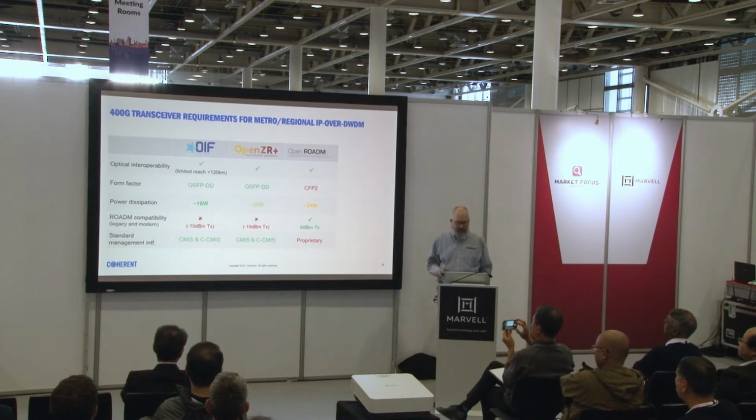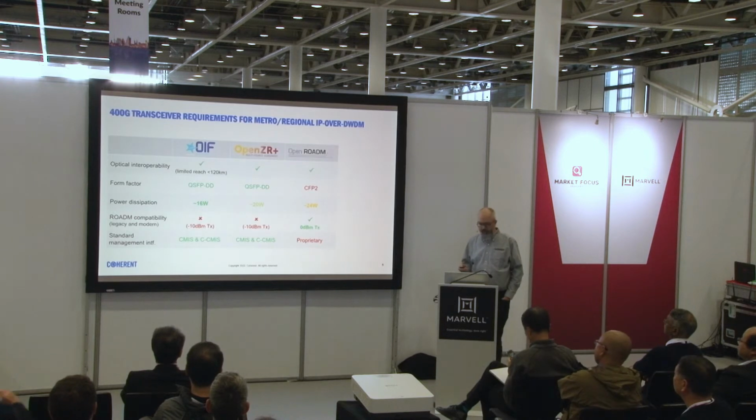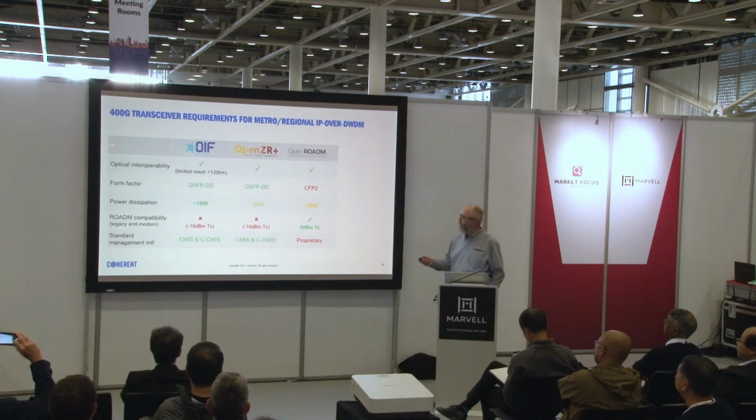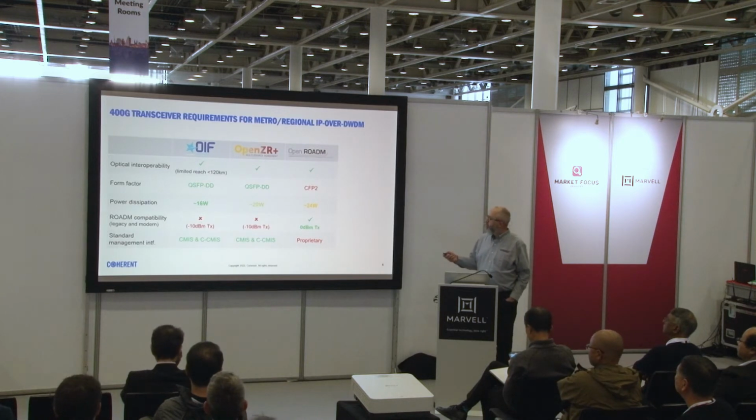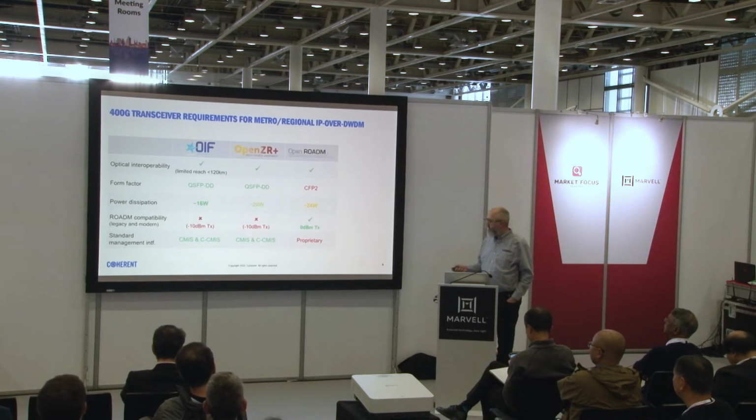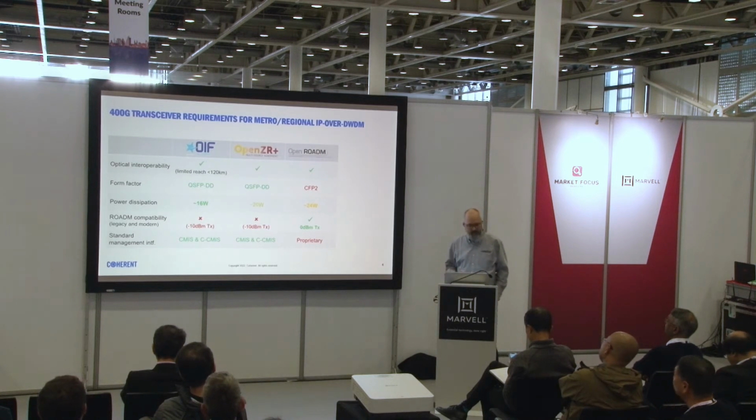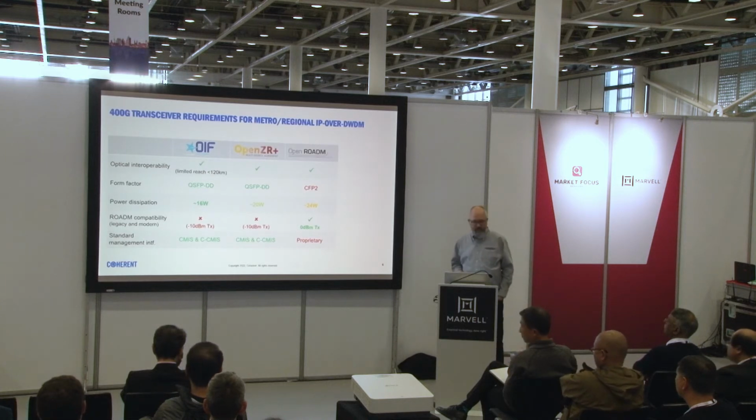There's the OpenZR Plus MSA, and there's Open ROADM. Each of them has different features in terms of reach and form factor. OIF and OpenZR Plus have small form factor and low power dissipation. They do have that standardized management interface with CMIS, the OIF CMIS. But what they're lacking is the optical output power to really be compatible with the